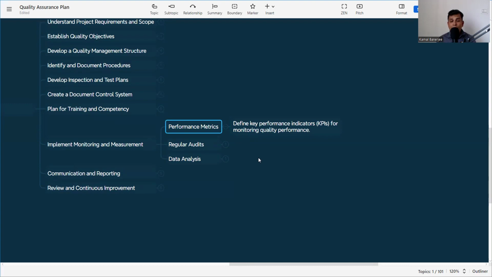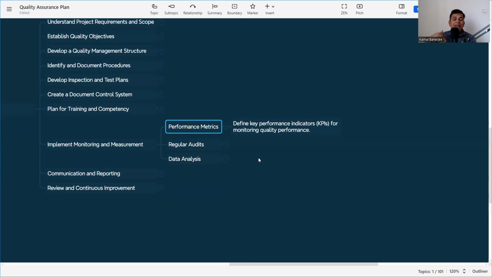So how can we measure quality performance? Suppose we are raising the inspection request to the consultant or the client. Now either it can be rejected or it can be approved. Now we need to set the KPI that in a particular month the rejection ratio should not be more than 2%. Say for example, it can be 1%, it can be 3% according to the requirement of the project. So we set the KPI for the work inspection that it should not reject more than 2%.